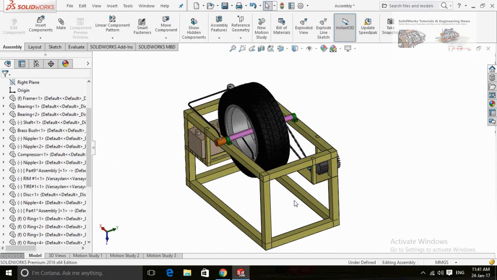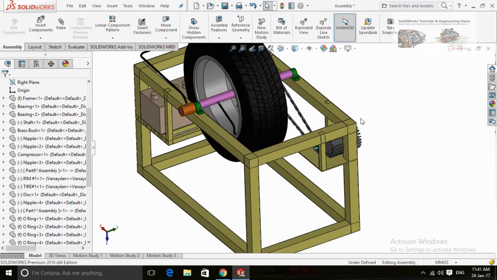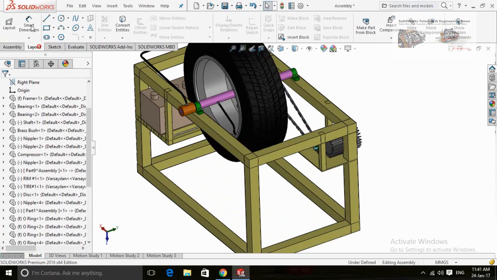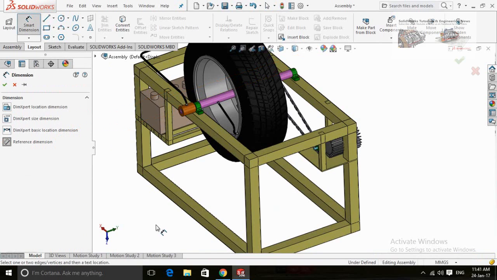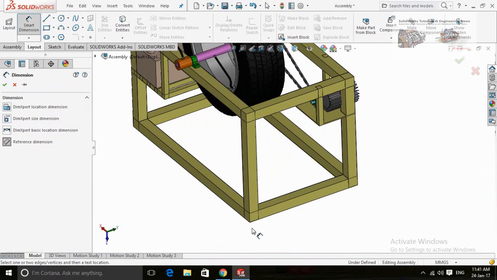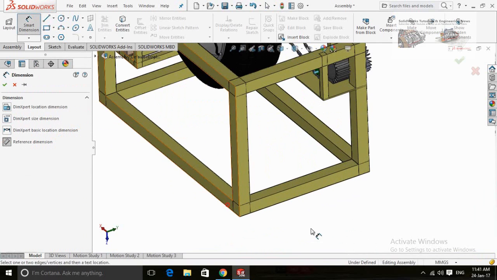If you want to measure any dimension, click on the Layout or Sketch tab and select Smart Dimensions. From Smart Dimensions, make sure that the reference dimension is turned on. Now you can measure any dimension.